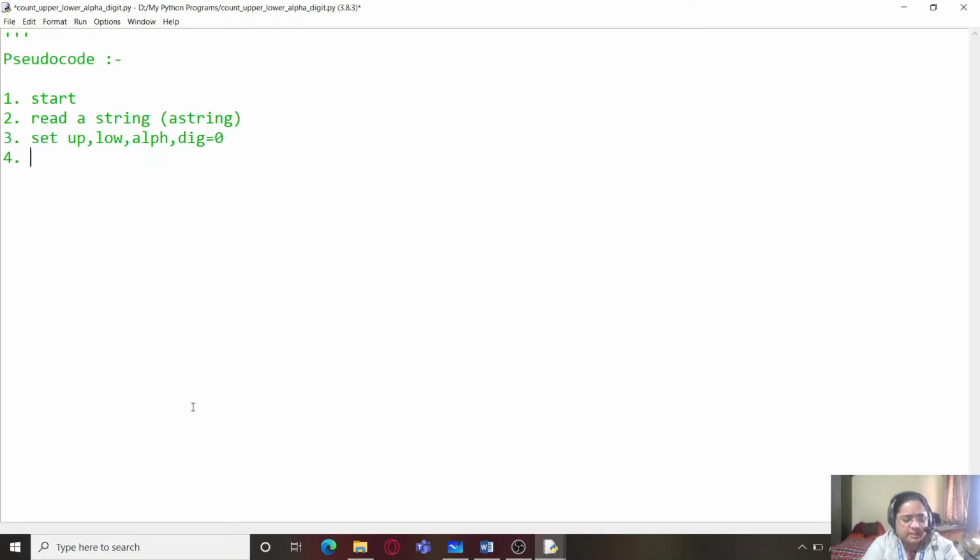Now we will be writing, if there are characters left in the string, that is, even if there is one character in the string, go to step 5.